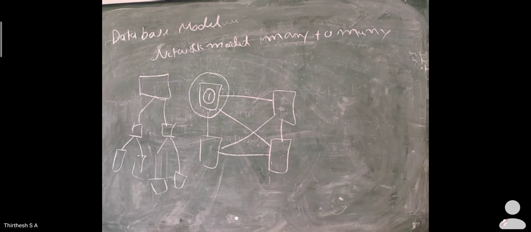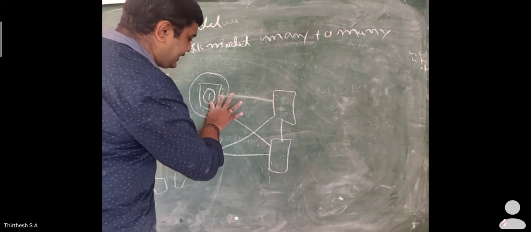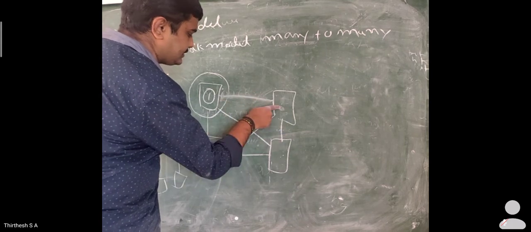Last one is the disadvantages of this model. It is very complicated to maintain the data. It is very complicated. We do not know which data has gone to which places, or how all that data is being accessed. Okay, next one, if a single link is broken, it can lead to problems. Say for example, if one single link is broken, the data will not pass to this directly.